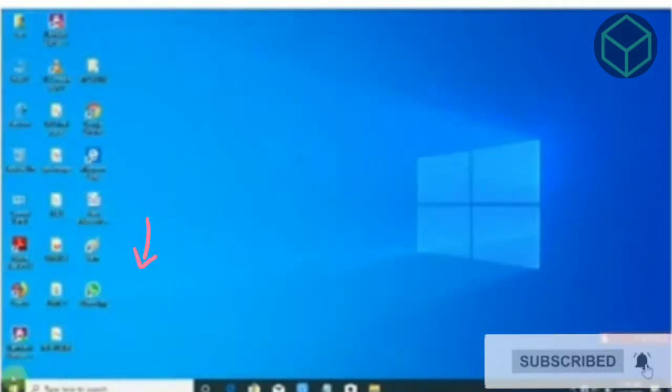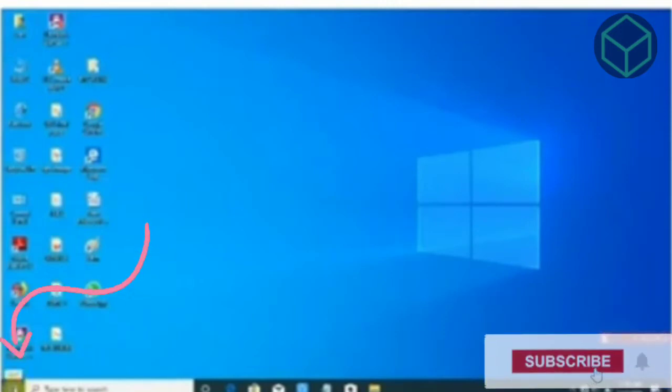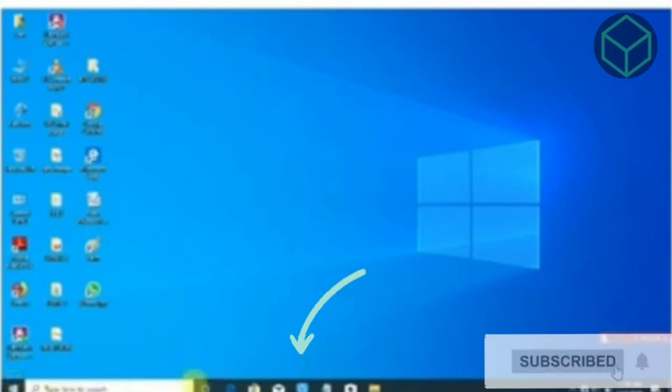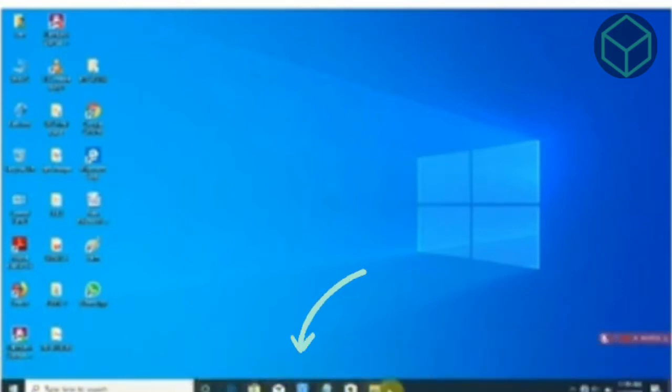Next is the start. This is called start button, where I am pointing this pointer. And this area from here to here is called taskbar. Why is it called taskbar? Because it will show us which file and what work we are doing in our computer.